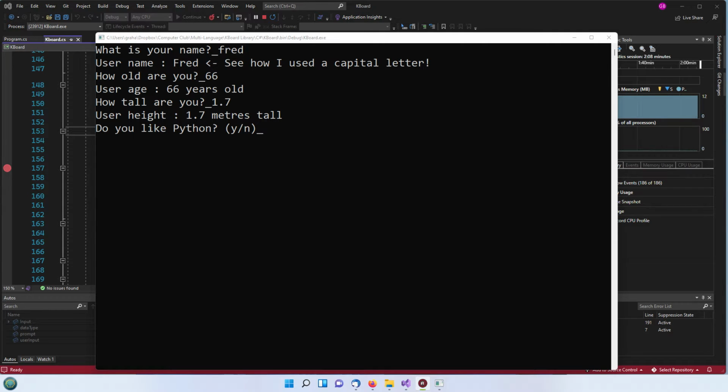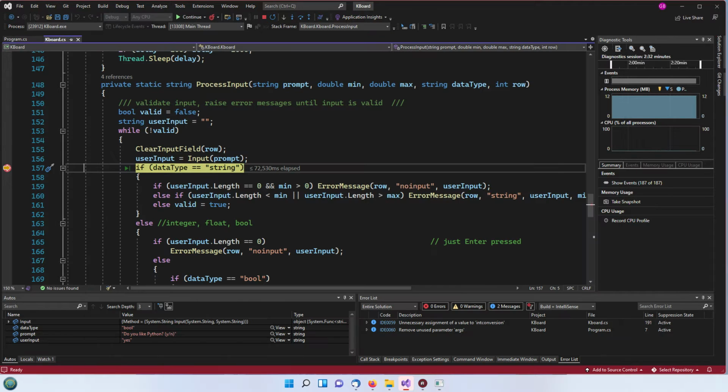Right, so carrying on from the previous video, we are in the process of checking out now whether or not we like Python. So let's put in, we know how to check for empty strings, so let's put in yes for here, just so that we don't cause any errors, and we'll press the enter key and let's follow through how it works. So it's now coming to the point where the user input, as you can see, is